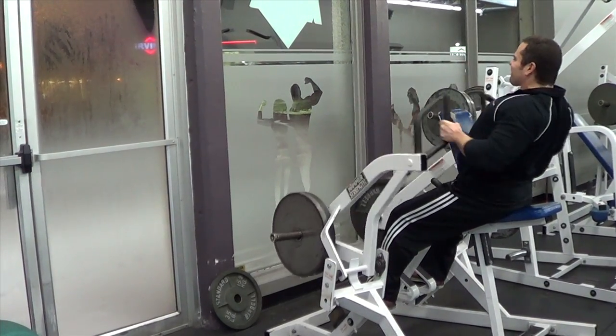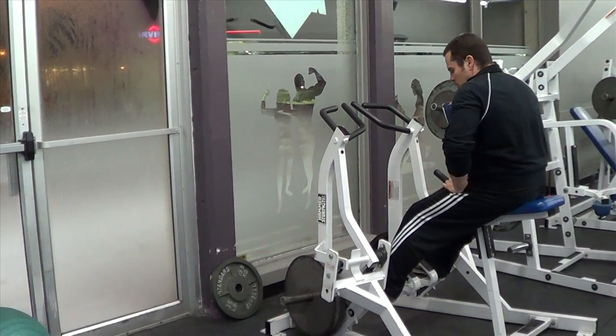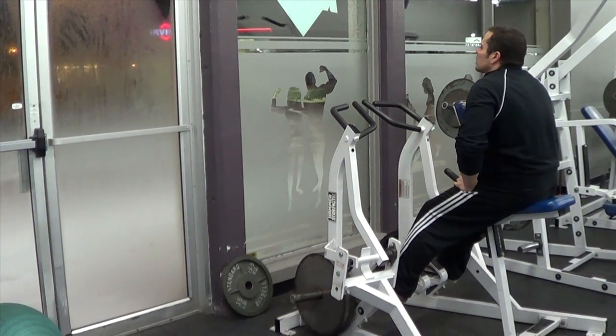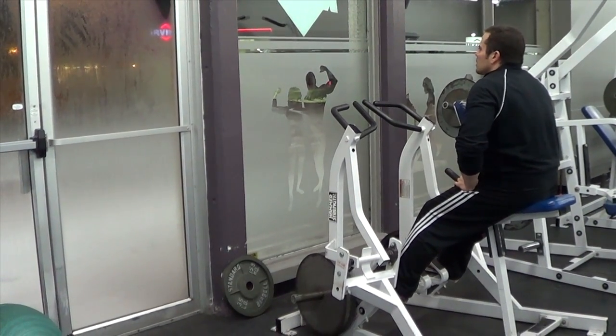And once you can complete all those sets and reps with good form, then you can increase the weight by 5 to 10 pounds for your next workout. Now here in the video, I'm using a hammer strength chest supported row. But if you don't have this piece of equipment available at your gym, then you can use any type of